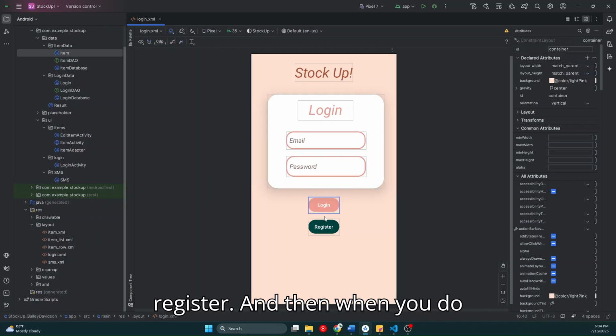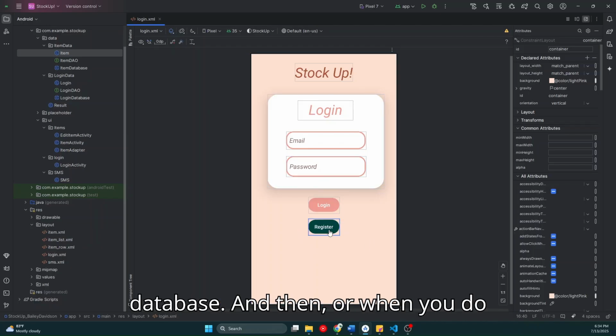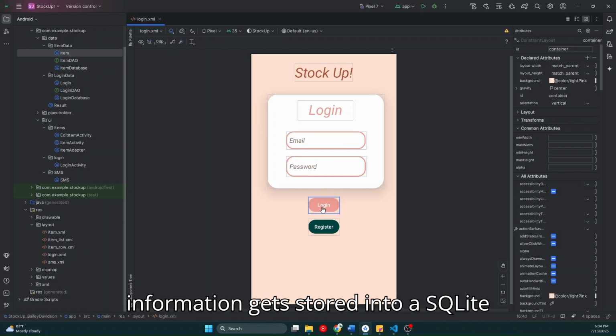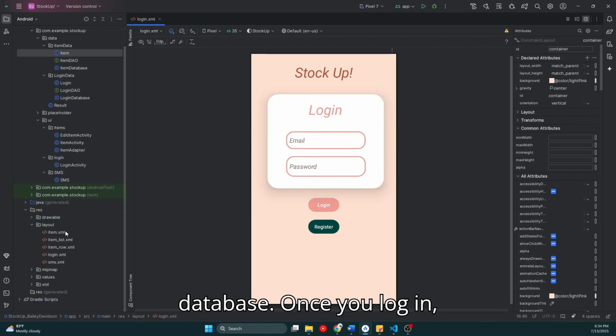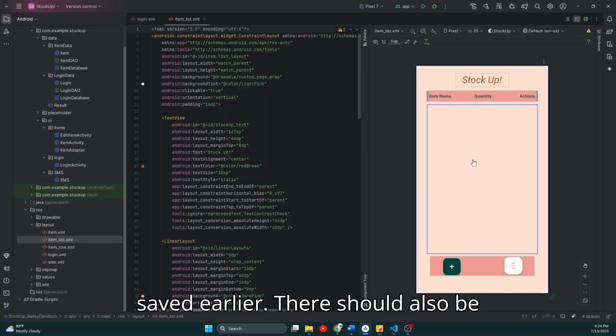And then when you do log in, it gets stored into a SQLite database. Or when you do register, this login information gets stored into a SQLite database. Once you log in, you'll see over here an item list. There should be items that you've saved earlier. There should also be